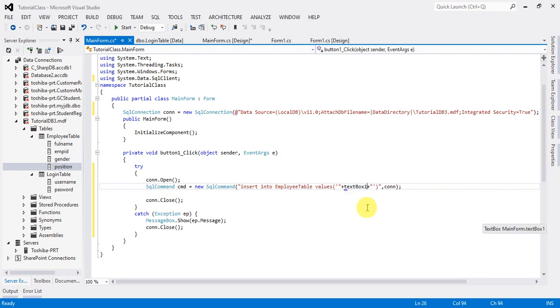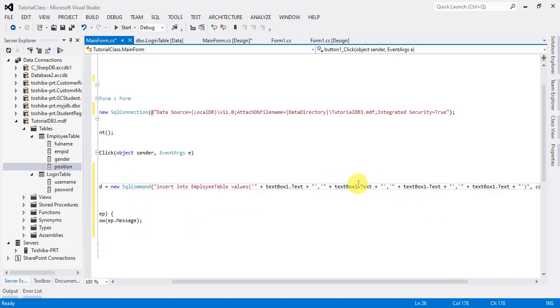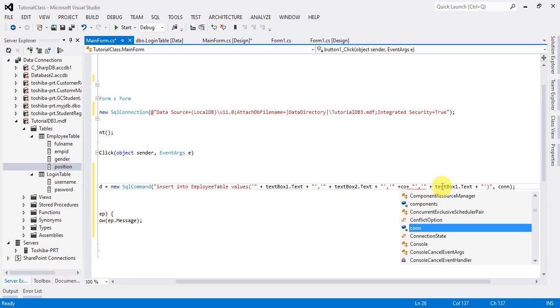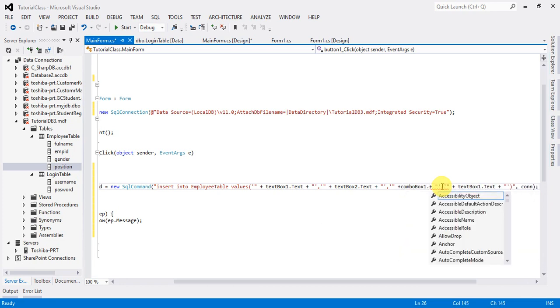First I add both text box 1 dot text. Next, copy, paste, reuse this code: comma, paste, comma, paste, comma, paste. So this one is text box 2. The remaining is combo box, not text box. So I delete the remaining, the existing, and then I say combo box 1 dot selected